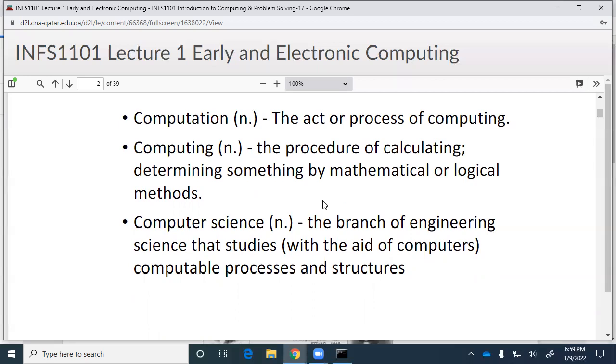All right, so this term computing. In this course, we'll talk a lot about computing, and computational thinking. Computational thinking doesn't mean that you think like a computer. What it means is you think in a way so that you take problems and you structure them so that they can be solved using a computer. Does that make sense? So if you can do computational thinking, you'd be really good at being a computer programmer.